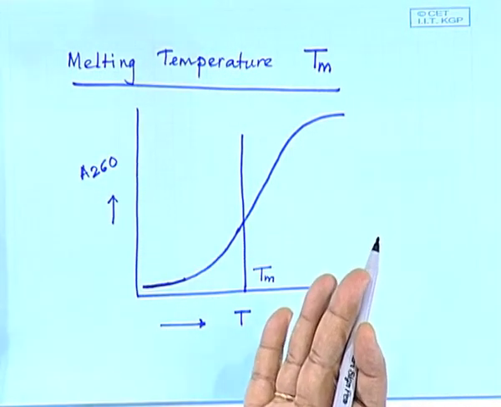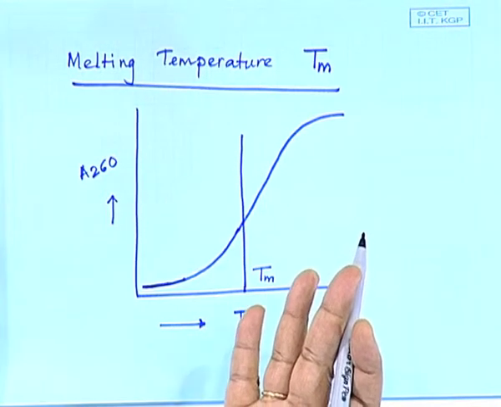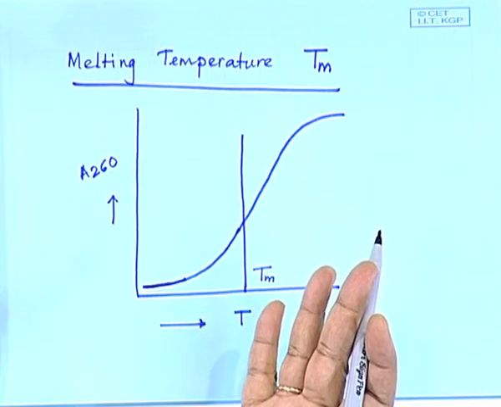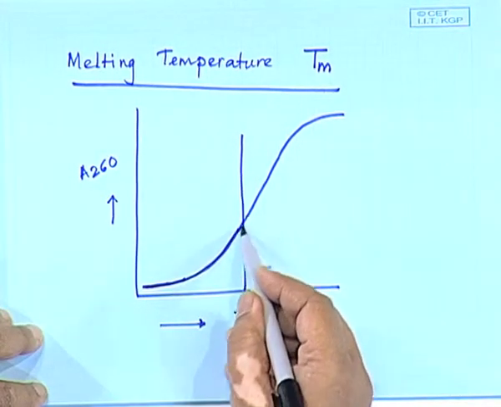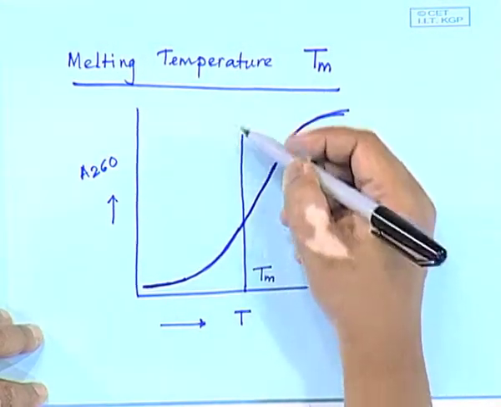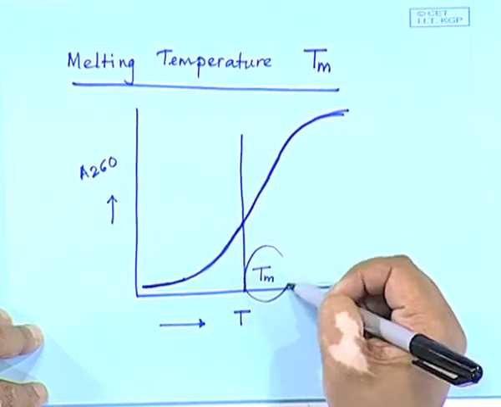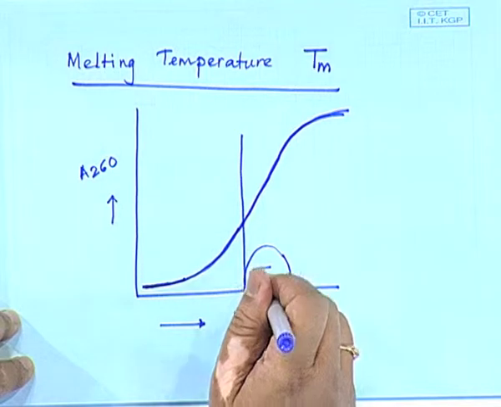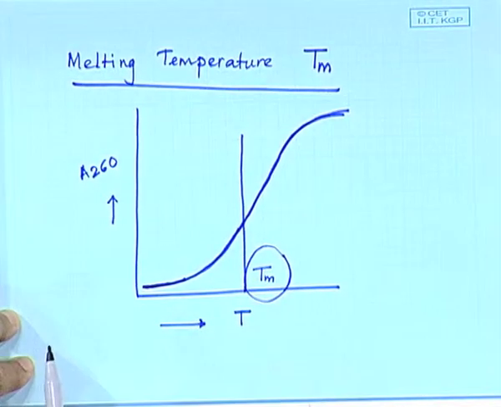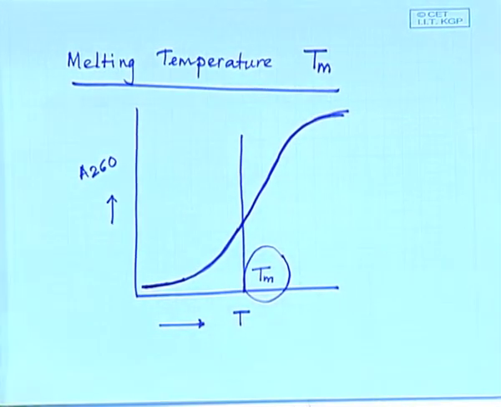So, why? Because the hydrogen bonds are being disrupted between the bases. You are disrupting the structure, and you have this increase. The midpoint of this is the Tm. What we are going to look at is factors that are going to affect the Tm. Okay? Now, before we get into that,